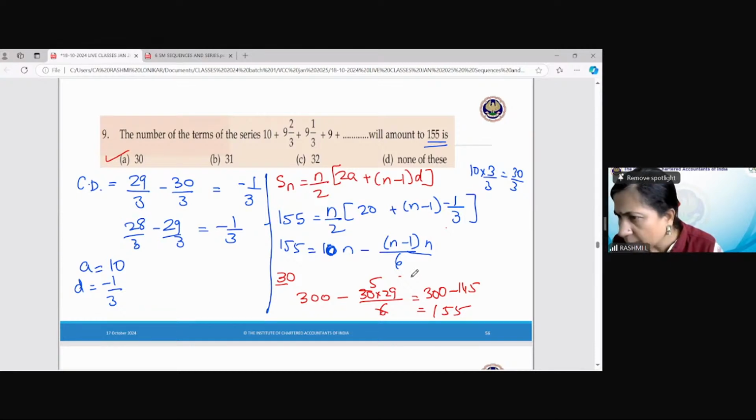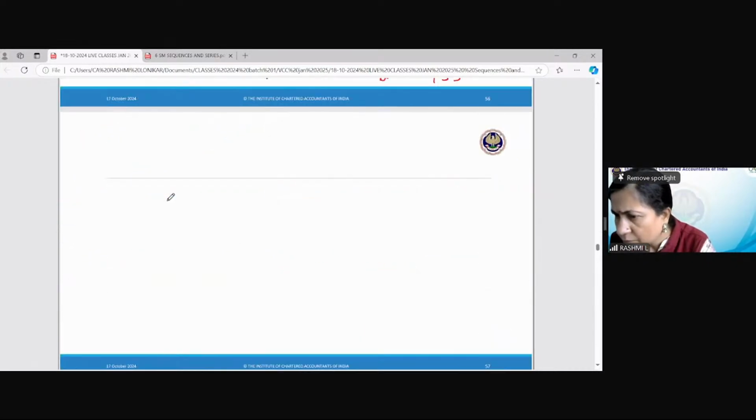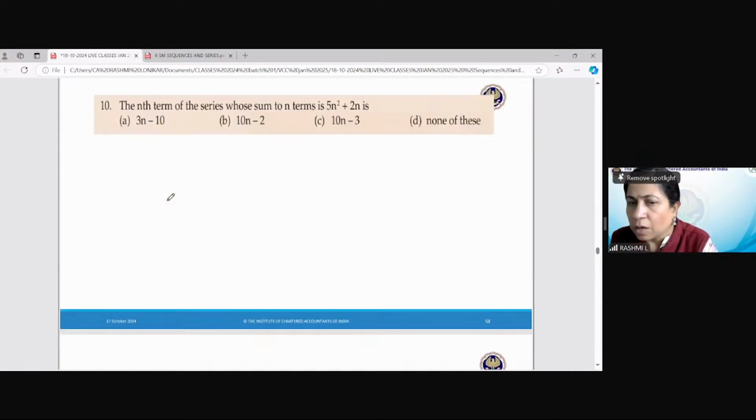Okay, the nth term of the series whose sum is, yes Kanika, you were asking about this one, right? The nth term of the series whose sum to n terms is 5. No, no, you are asking about some 17th sum, right? Okay, this is very easy in the sense that you just have to substitute the value for n. So the nth term of the series whose sum to n terms is 5n square plus 2n is,